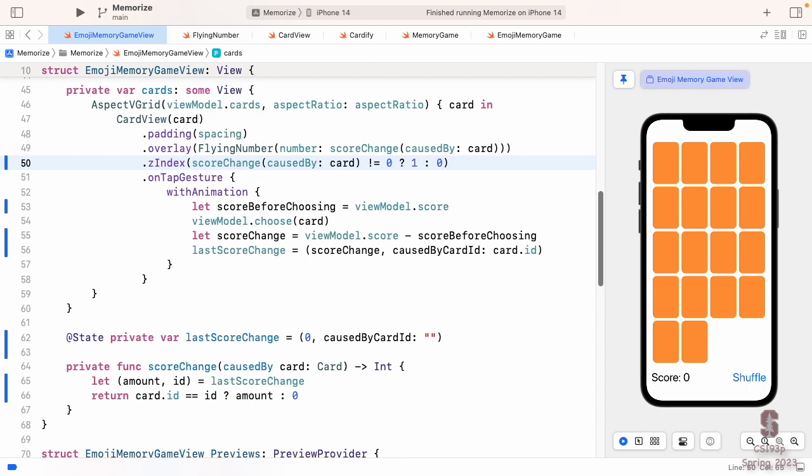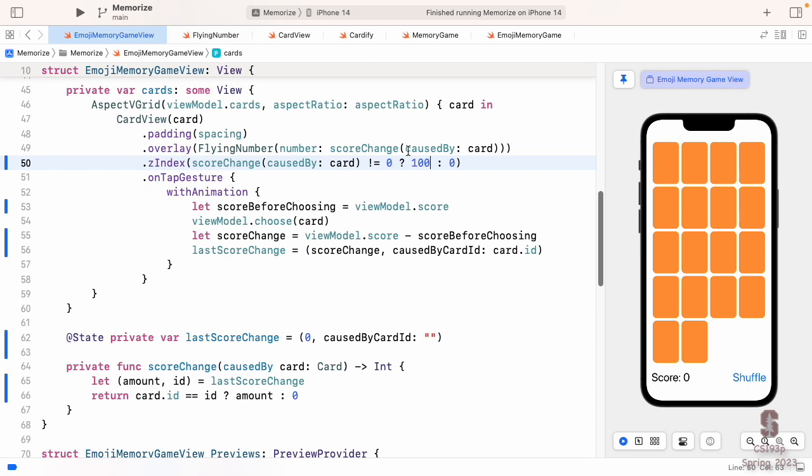Now zIndex can be any floating point number, and 0 is the default. Higher numbers are in front. If I want to order a bunch of views in a certain order, I can pick different numbers. It doesn't have to be 1 and 0. You could definitely set this to 100 and it would work just as well.